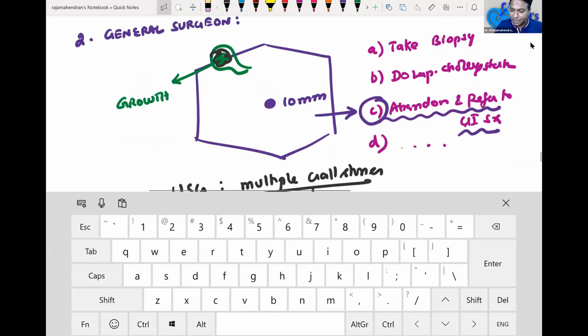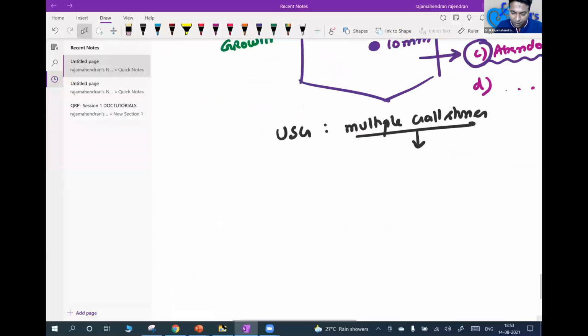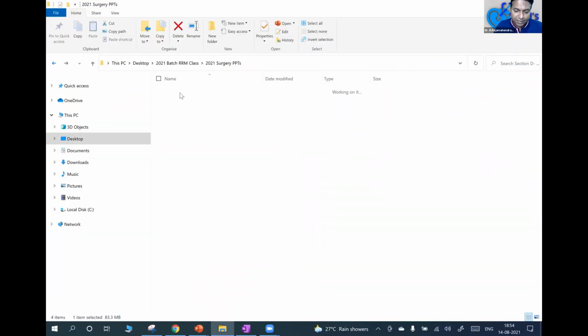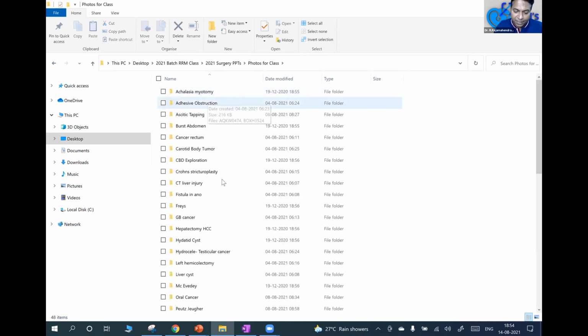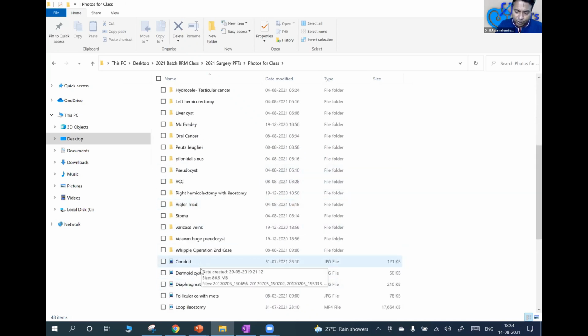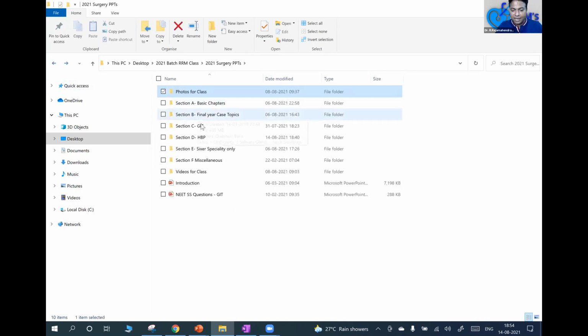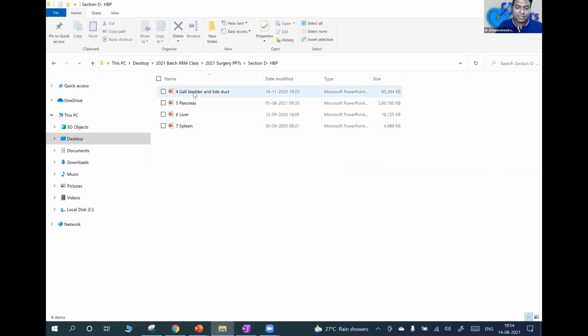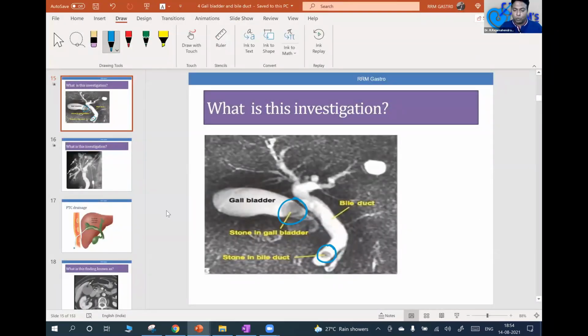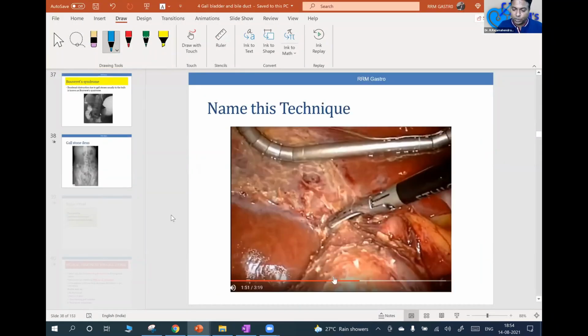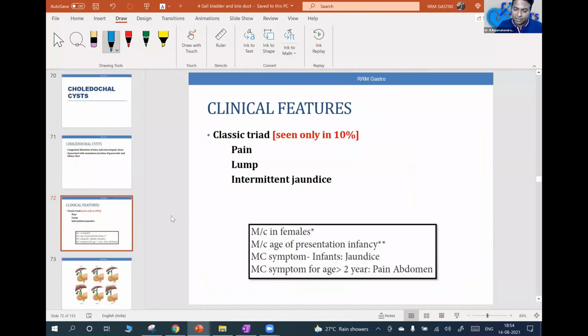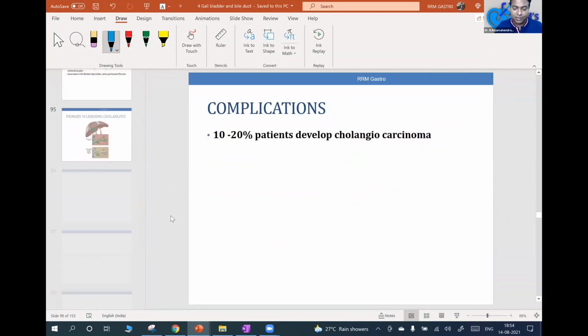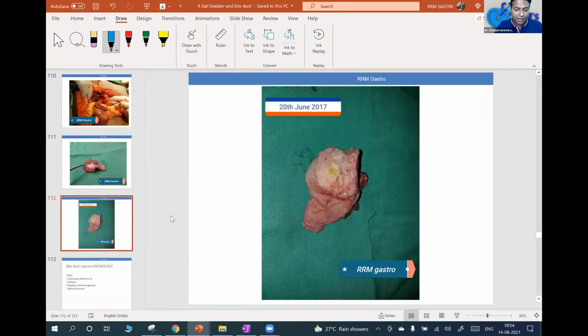I'll show you one such case, which I got from one of my friends from Kallakurichi. He operated on one case. He thought it was gallstone disease and he opened it. But finally, it turned out to be a malignancy. Therefore, he immediately removed the ports and referred the patient to me. I'll show you that patient. That's an interesting thing. You should never try to proceed further as a general surgeon.